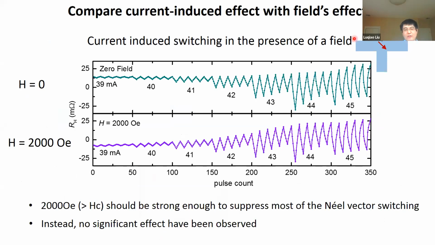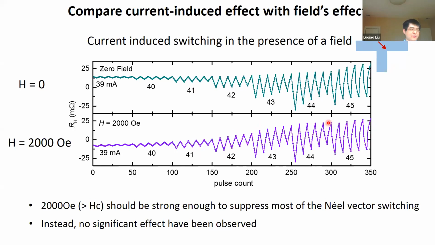As I said, since alpha oxide can be relatively easily controlled by the external field, we started to compare the two cases: pure current pulse induced switching without any magnetic field, and the case where we have the current pulse induced switching under a constant external field, which is the bottom panel. To our surprise, we found that no matter whether we apply this external field or not, the switching shape is roughly the same. We get a similar sawtooth-like switching behavior. And this external field actually plays very little role,